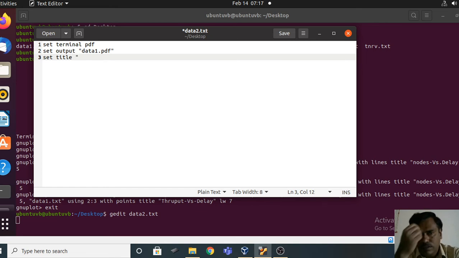You want to plot the graph which consists of the data about nodes, and then throughput, and then delay. These are the columns that we have. So I'm using my title name as those column headings itself.